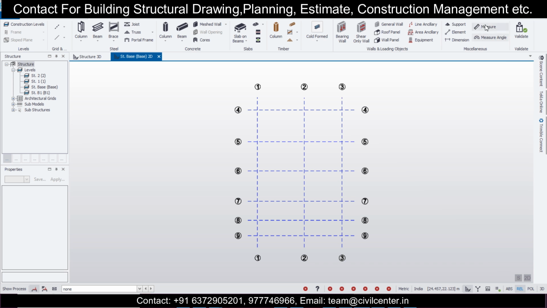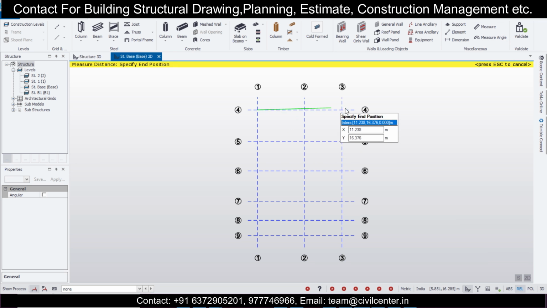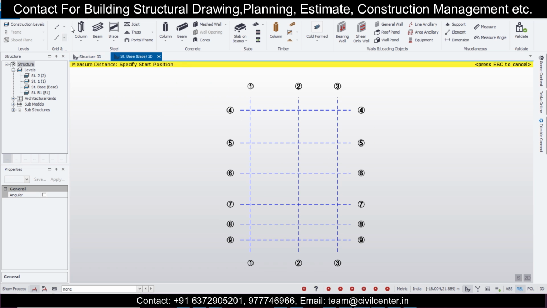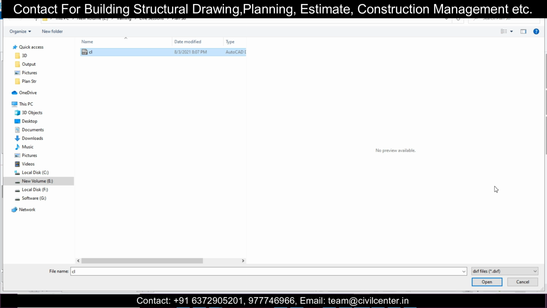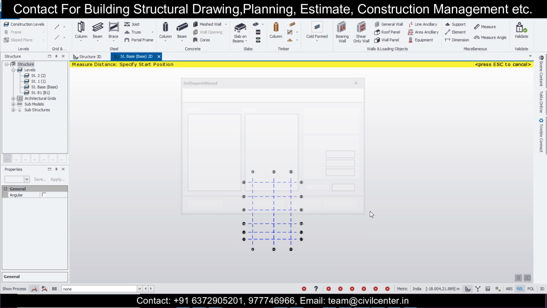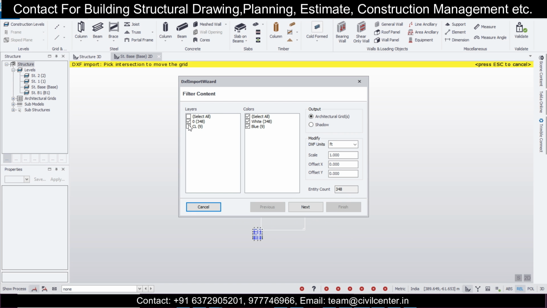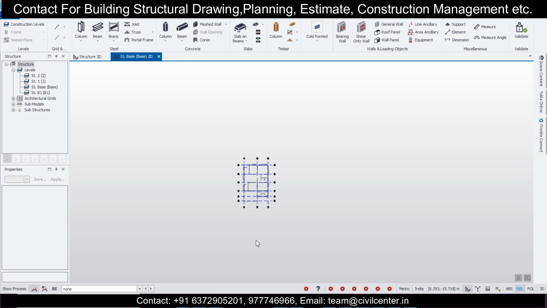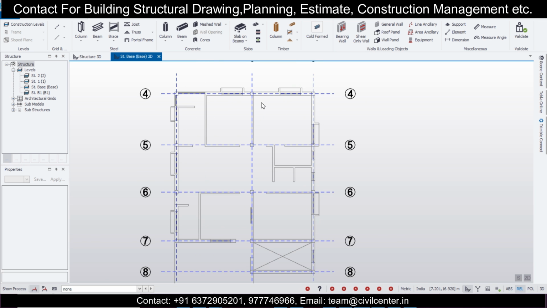As you can see here, there is a measure option, and you can check here automatically. Again, we'll import the shadow just for having a reference of the beam. Same DXF file we import, but this time we don't need the center line, and we'll do it as the shadow. Unit will be inches once again, and click on finish, and then zoom in. Again, you can see the center line has been imported.